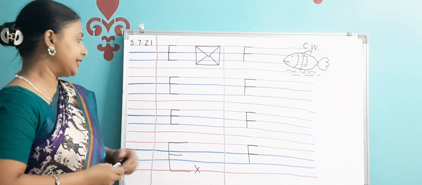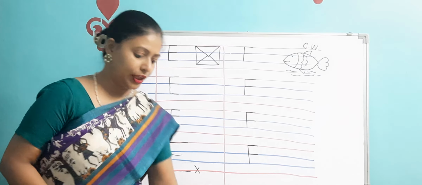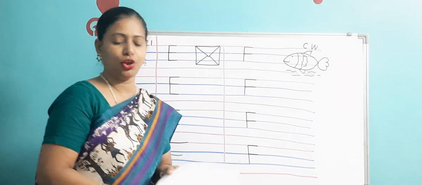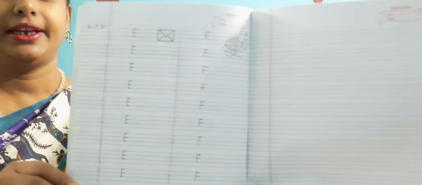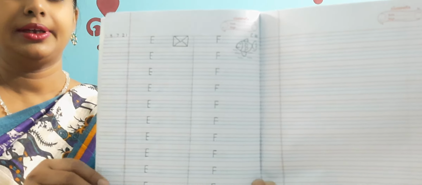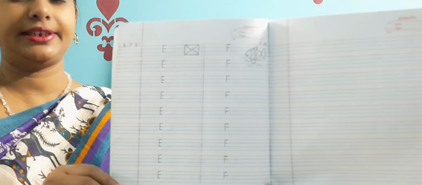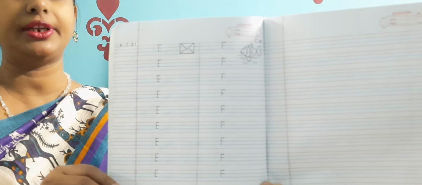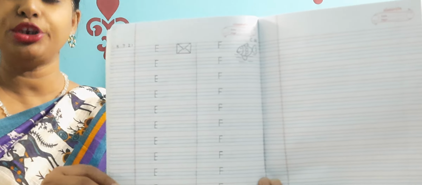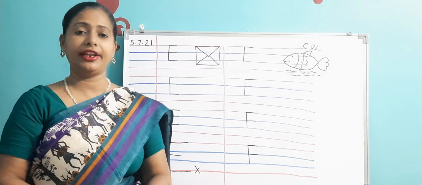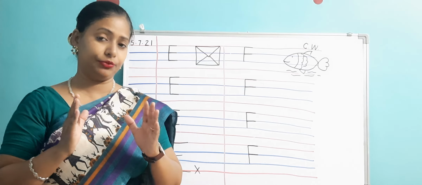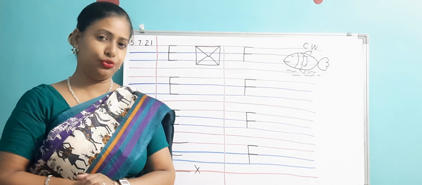So children, is it nice, beautiful? So in this manner you are going to do your work in your E1 copy. Can you see this? Is it visible to you all? Is it clear? Neat handwriting, as ma'am has written, in the same manner you are going to do this work in your E1 copy. Very neatly you will do, and in a good handwriting you are going to do this work.